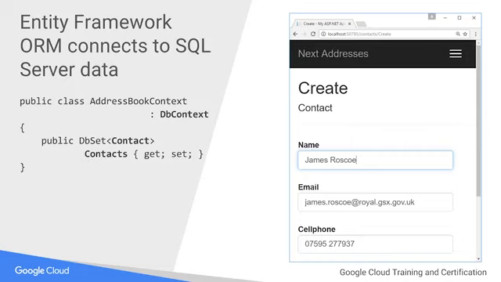This slide shows just how little code is required to connect a model to a database using Microsoft Entity Framework. As a developer, all you have to do is inherit from the DbContext base class and add a property using the generic DbSet collection of your model class. Entity Framework will automatically create a database with a compatible schema for your model class if it doesn't already exist, and ensure that your model objects can be created, retrieved, updated and deleted in that database.